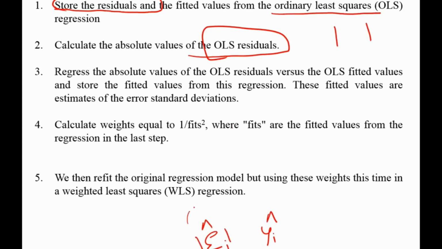Now you have error terms and you have fitted values of your dependent variable. In the third step, what do you do? You regress the absolute values of the ordinary least square residuals versus the OLS fitted values. So the OLS fitted values are y hat, and this is your error terms. You regress this as a dependent variable and this as independent variable. Okay, you do the regression, the absolute value of the error terms with the fitted value from the